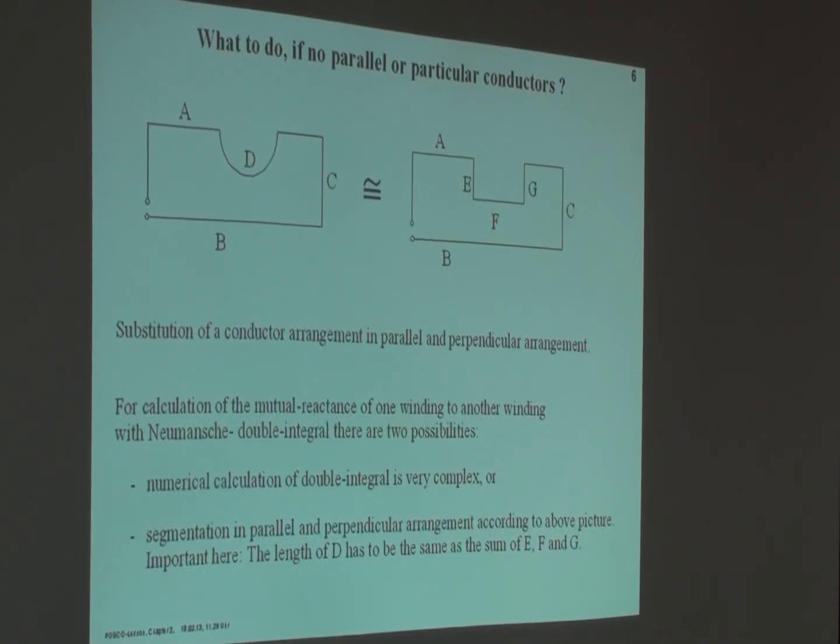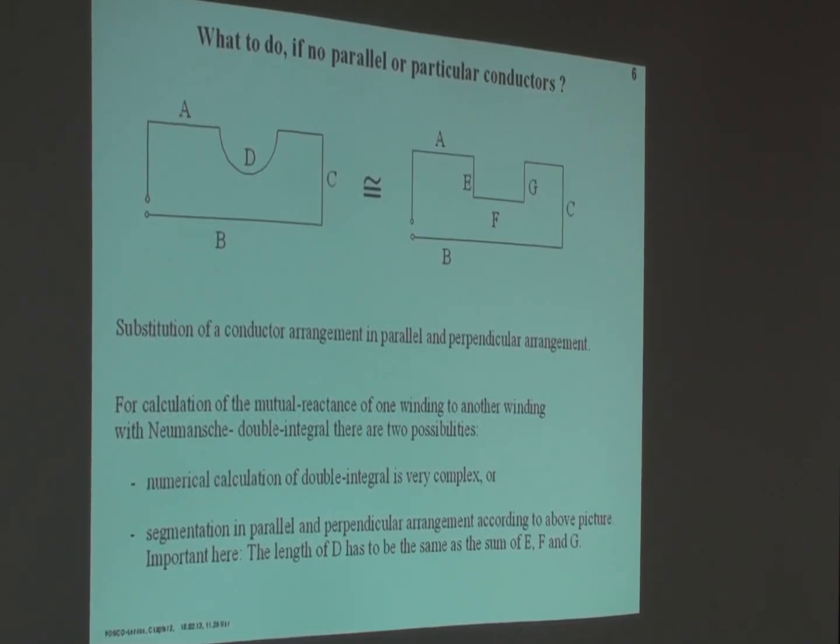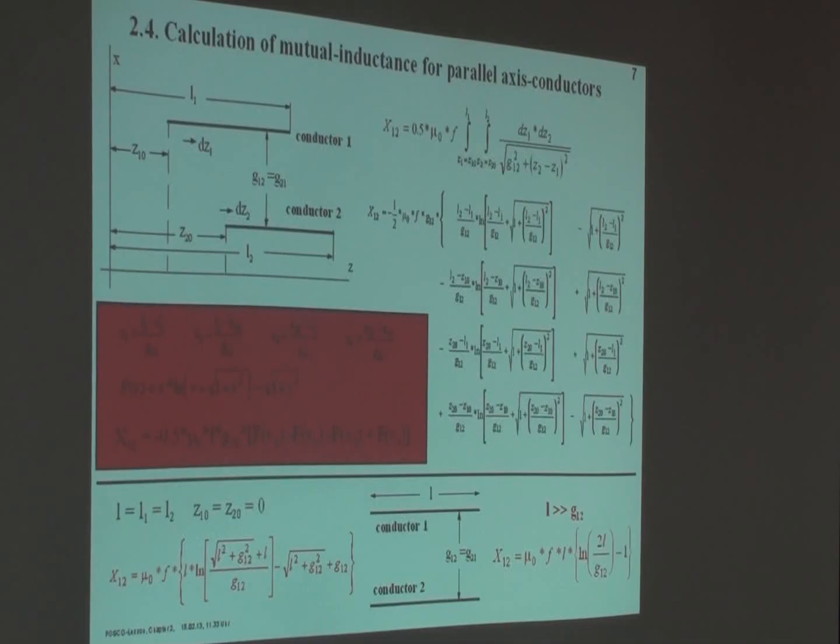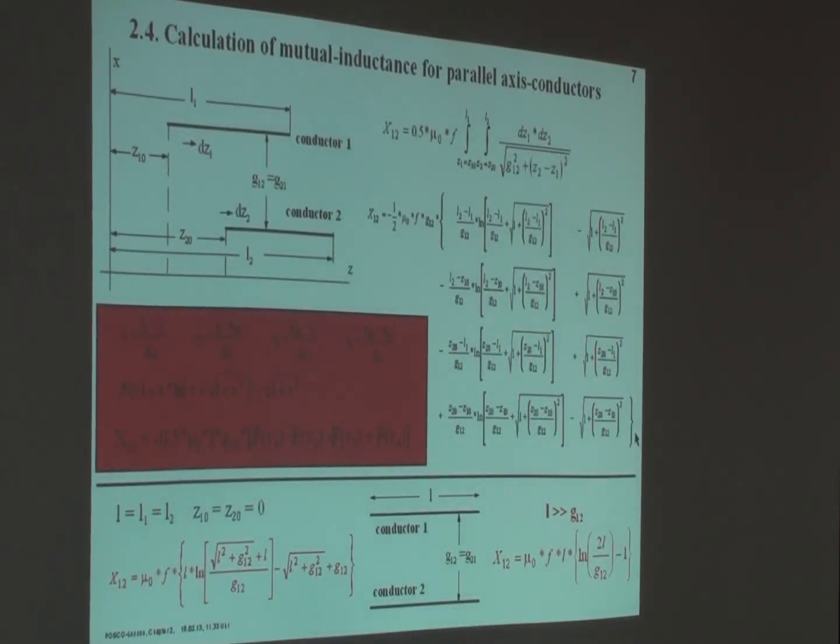The important thing is that the length of the part D is the same as the length of part E, F, and G. Same length. So we have to arrange this. Also flexible cable. We have a chapter 7.3 or 7.4 where I have explained it also. But important is that the same length is so. And now we have here a result for